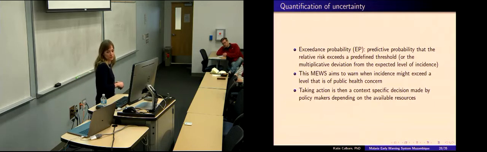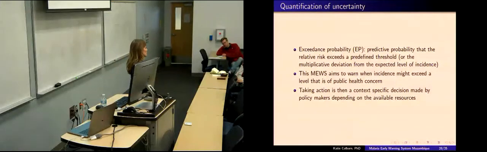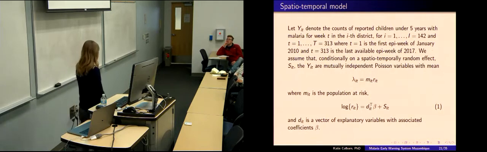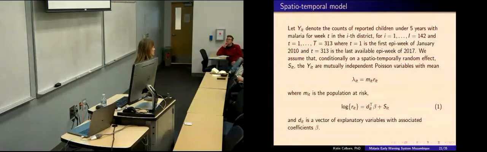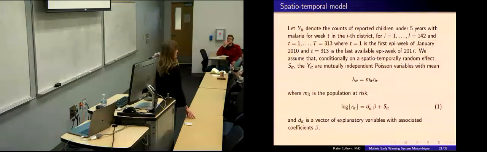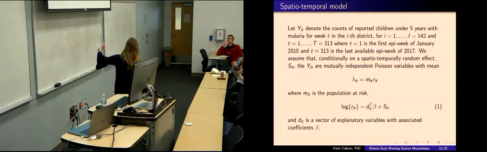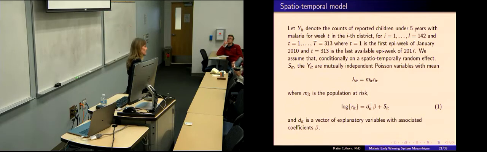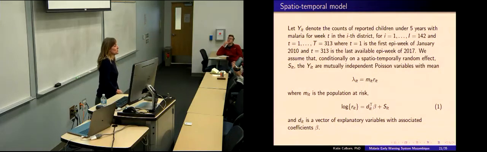And again, we set this at twice the relative risk, which basically means in your statistical model, well, let me not get too far. I'll break this down. I don't think everyone in here is a statistician, so I won't get too into the details here. But if you think of a linear model, or a generalized linear model, and even a mixed effects model, we usually have some sigma squared on the end of our linear predictor that represents a mean zero variance to be estimated from the data. Here, we're doing a very similar framework, except now S_IT is actually our spatio-temporal random effect,